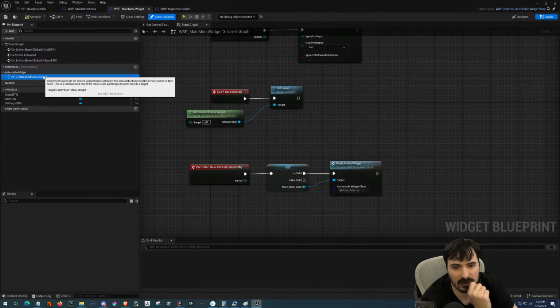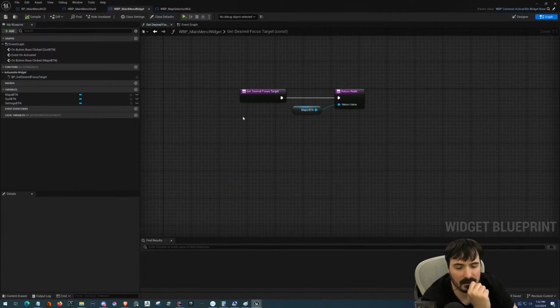Because this is not returning correctly all the time. Because it's getting set to quit rather than the maps on the way back. So that's a